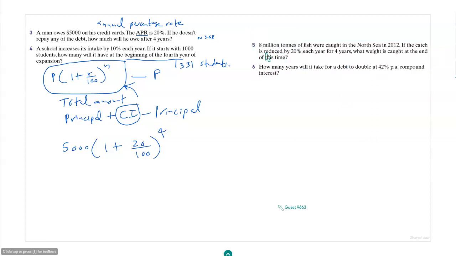Okay, let's do number 5. 8 million tons of fish were caught in the North Sea in 2012. If the catch is reduced by 20% each year for 4 years, what weight is caught at the end of this time? So it will be 8 into 1 plus